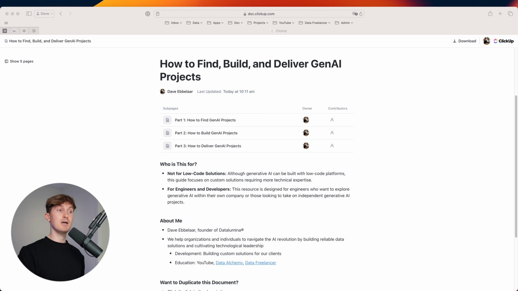This video is split up into 3 parts. First, we'll look at how to find generative AI projects. We'll share some tactics that we use inside of our company. Then how to build. We're really getting to the specifics, the tech stack, the frameworks, the processes, the tools that we use, everything. And then we talk about how to deliver these generative AI projects, because it's one thing to